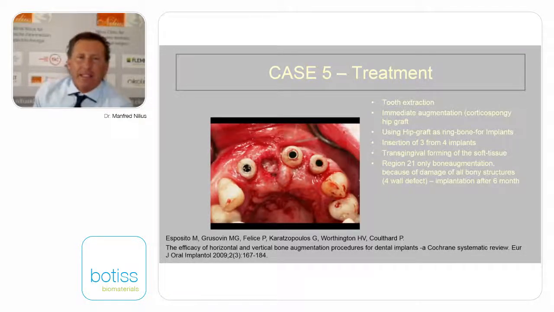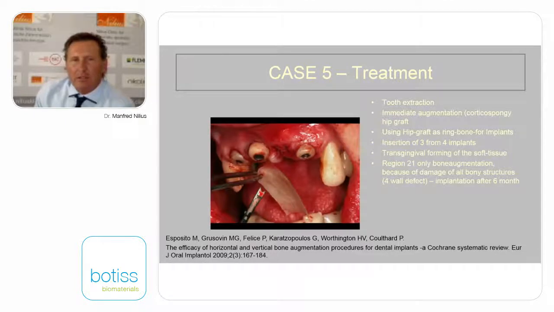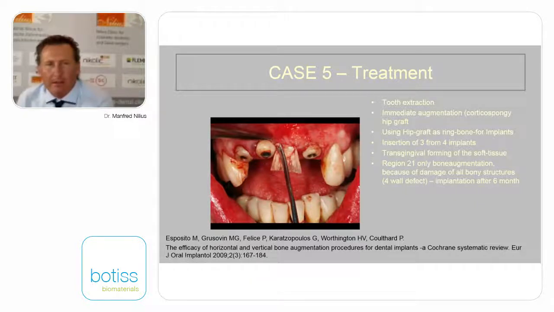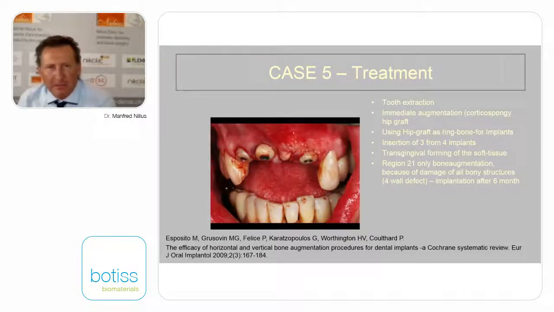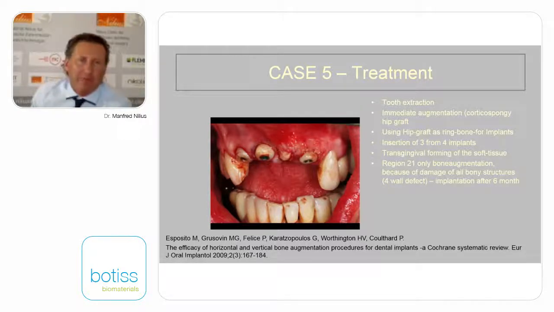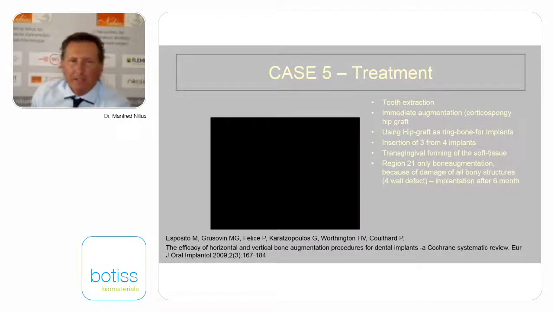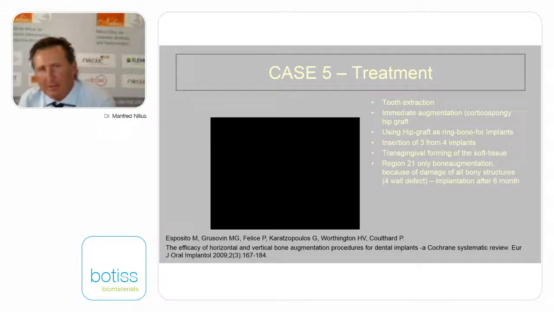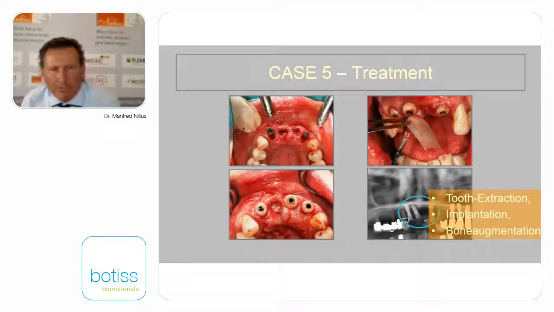And this is the implant covered by a special individual abutment. And we were able to have a fixation up to 35 Newton centimeters in 3 of these implants. And the left lateral incisor, we were not able to fix the implant immediately. So we have bone augmentation in this region on 3 implants, and immediate loading of the fixed bone,